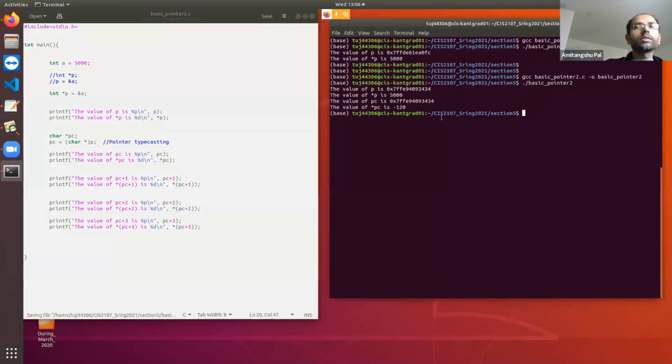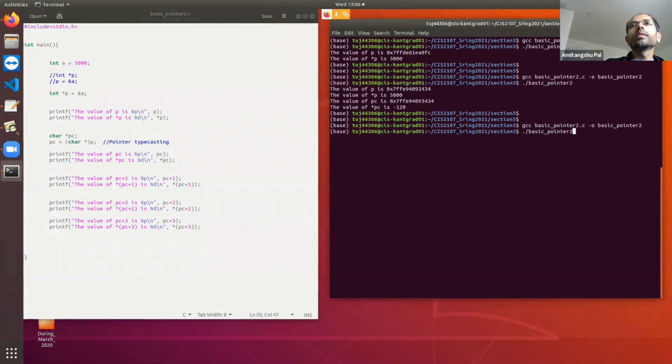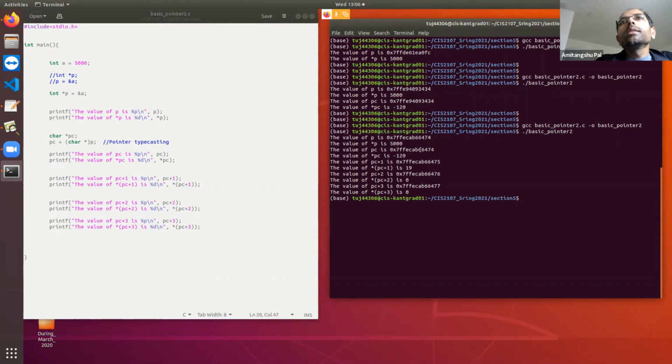Okay, so let's print this. You will see that the starting address of pc and p is the same. pc plus 1, as it is a character pointer, will add 1 byte: 75, 76, 77. But these values are 1, minus 120, 19, 0, and 0. So instead of getting 5000, I am getting all these values.